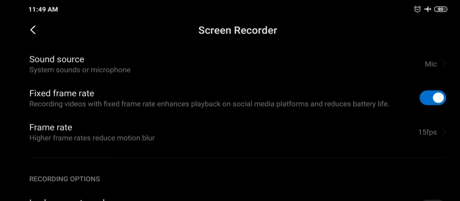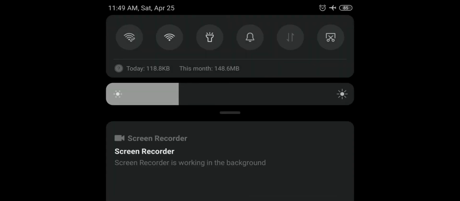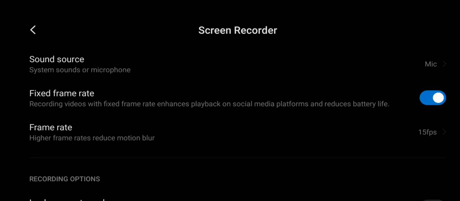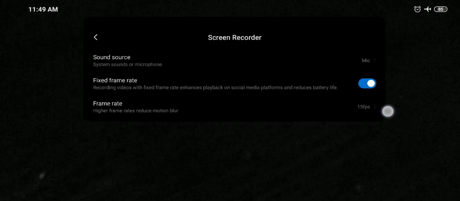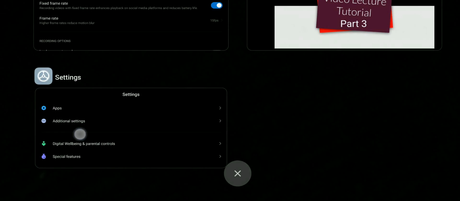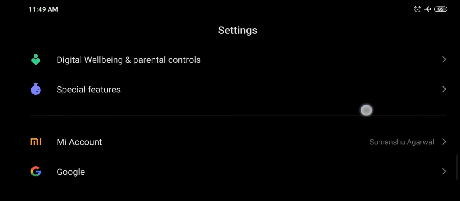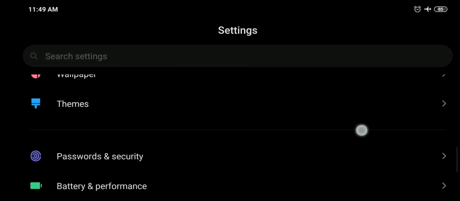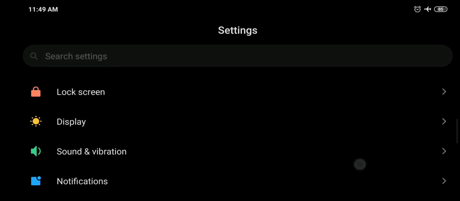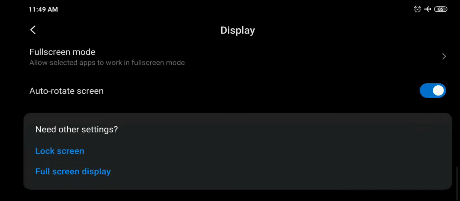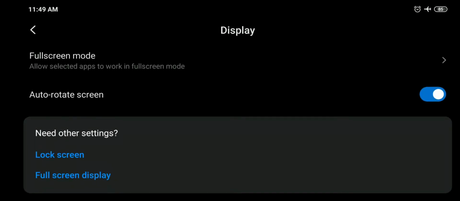Now these are a few things. One more thing you can do, let me go to settings. Okay, here in settings you have an option, display. In the display there is one option, full screen display.